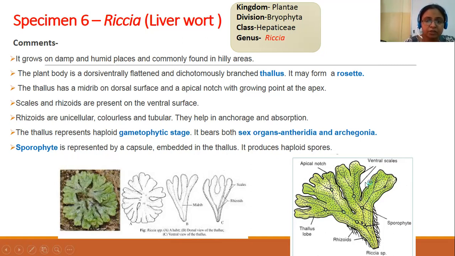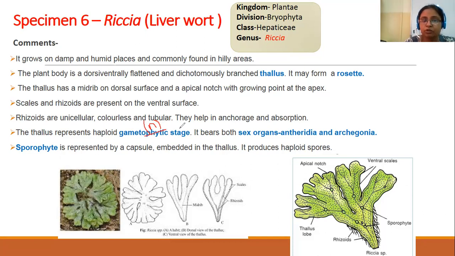Fine. See, this bryophyte, Riccia, its plant body is gametophyte. Gametophyte means it is haploid. It is N. So what I mean to say is that the life cycle of this particular bryophyte, Riccia, begins with a gametophytic stage. Gametophytic stage means it is haploid. It is represented by the N. So the whole plant body is N. It is haploid. Gametophytic means it bears numerous sex organs in it.